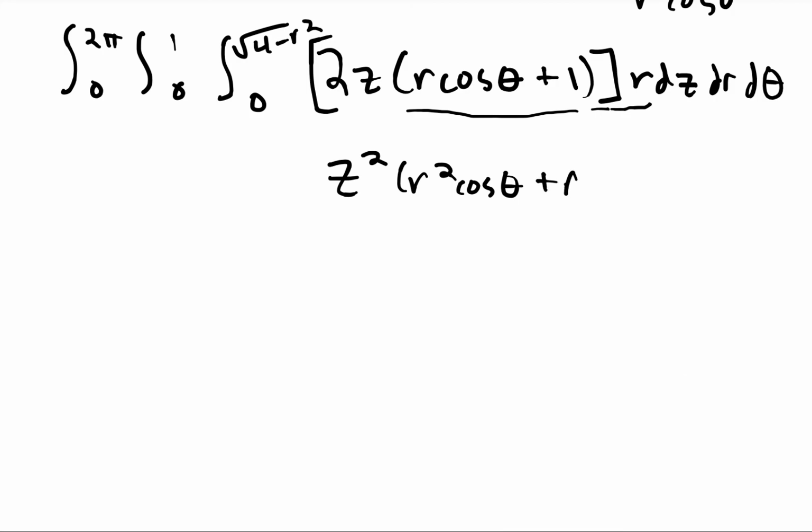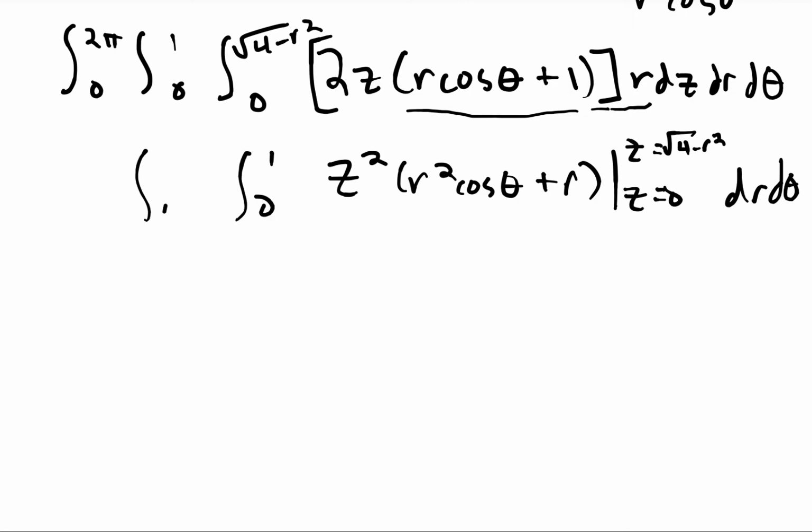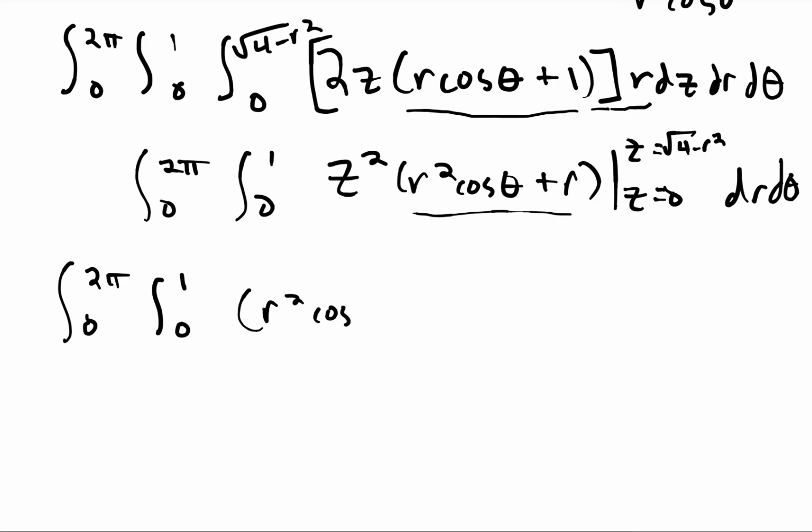So your antiderivative looks like this, and we have to evaluate between z equals 0 and z equals this root here. Okay, and then obviously still deal with the rest of our integration that's happening. Now, just a trick I'm going to use: that constant coefficient, the r squared cosine theta plus r, is going to be attached to both terms. So I'm just going to hang on to that and factor it out of both of